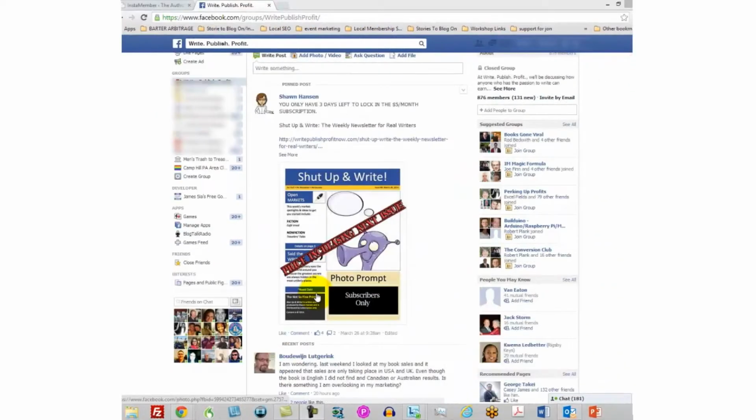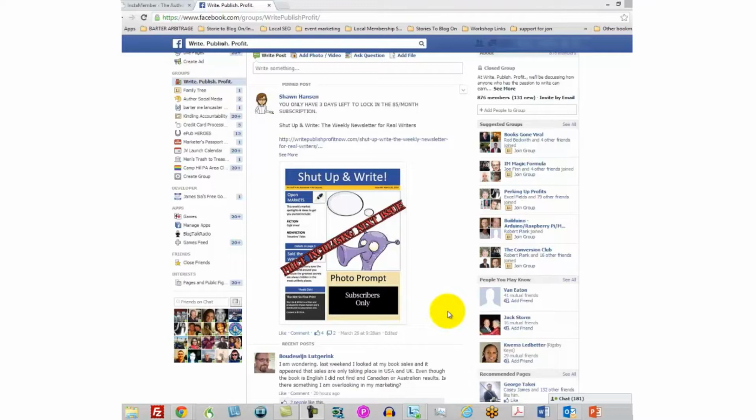Okay, now yet another way is to start your own interest group. You'll notice that I'm inside of this interest group and there are a number of things going on here. The person you're looking at right now is the person who actually started and owns the group, and so he is allowed to post different links. He's allowed to set the rules, and he's attracted people based on an interest. So he is selling in a niche that he knows people are interested in and he specializes in. This is something that you can do. If you have a niche you specialize in, you want to attract people to the group based on what you're doing.